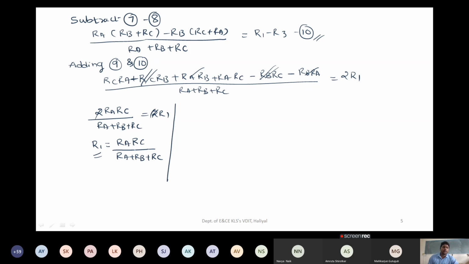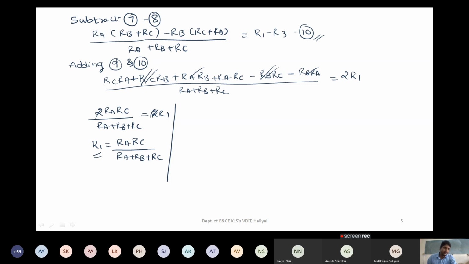So how to remember these things? So derivation is also there. So one case we can derive in the examination. If they ask on the similar base, we can write it for R2 and R3, no issues, okay. So it is not like you have to do for R1, R2 and R3 separately, okay. So probably if they ask delta to star only, you may get it for 5 to 6 marks and sometimes 8 marks also, okay.